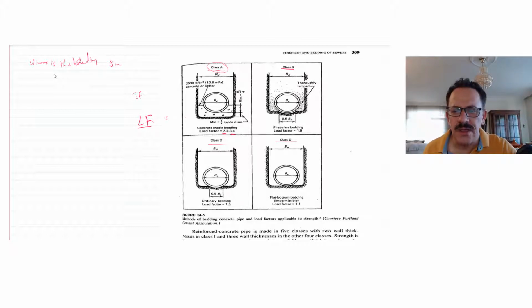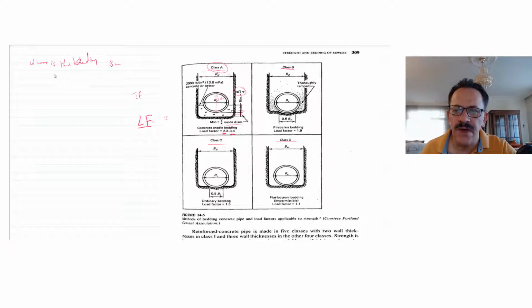What do they mean? Now Class A is when we have, for example, a high pressure on this pipe, so we should put the sewer itself here. Here's the sewer, and here's the depth, and we should put at least a minimum of 1/4 of the inside diameter. For example, if you have a 200 millimeter sewer pipe diameter, you should take 1/4 of the 200, which means 50 millimeters, 5 centimeters of concrete, plus at least the width of this.